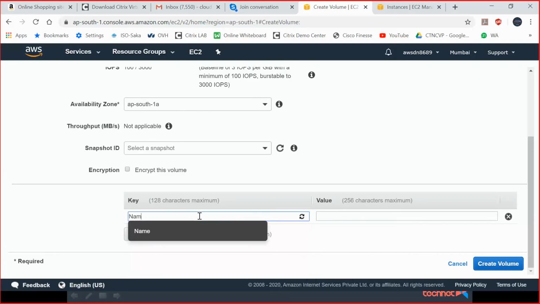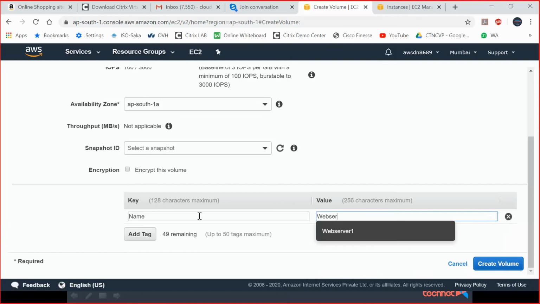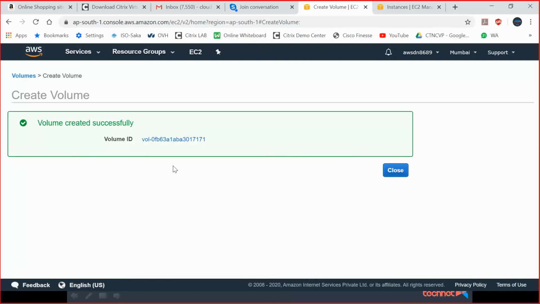I'm giving the name tag. What is the drive name? Web server 1 additional storage. So create the volume.